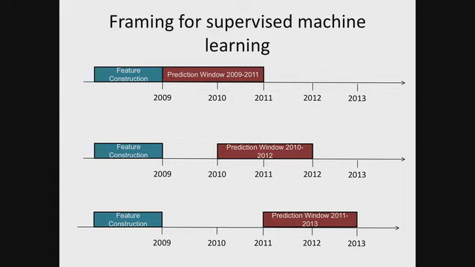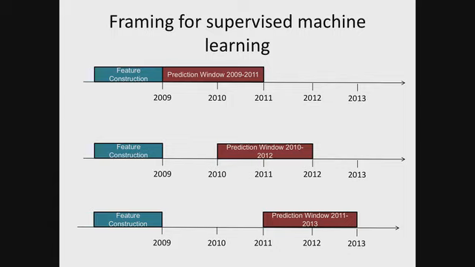We're going to pretend it's January 1st, 2009. Suppose that we had run this risk stratification algorithm on every single patient on January 1st, 2009. We're going to construct features from the data in the past, so the past few years, and we're going to predict something about the future. There are many things you could attempt to predict about the future. I'm showing you here 3 different prediction tasks corresponding to different gaps: a 0-year gap, a 1-year gap, and a 2-year gap. For each one of these, it asks,